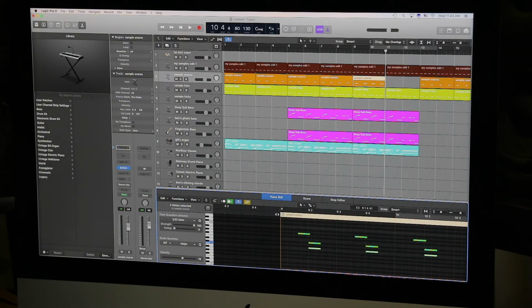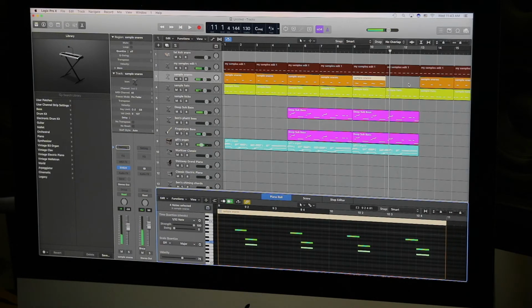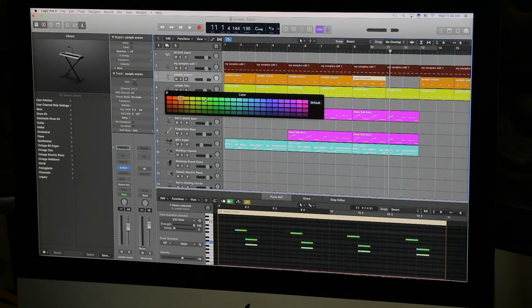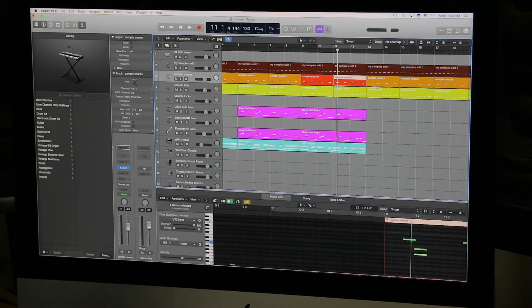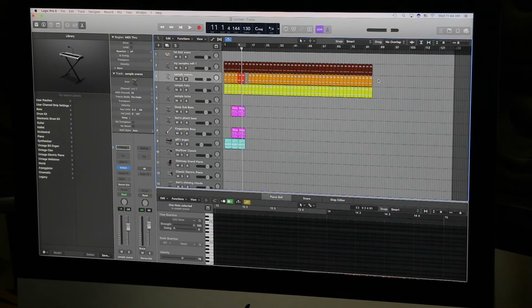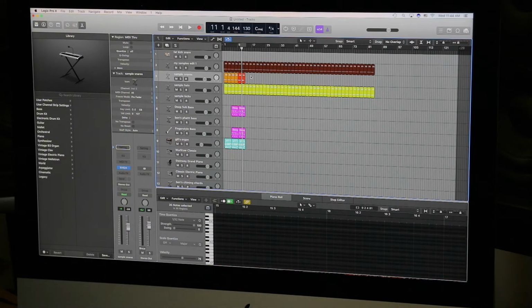Let's see. Here it is. So basically, this is the new jam. I like this. I'm gonna give this a new color just so I can identify it. Right, Option C in Logic. This is orange, so now it's gonna be red because it's bigger. It's kind of my logic. I'm gonna get rid of this for now. Everything else is saved and I can use them again later.